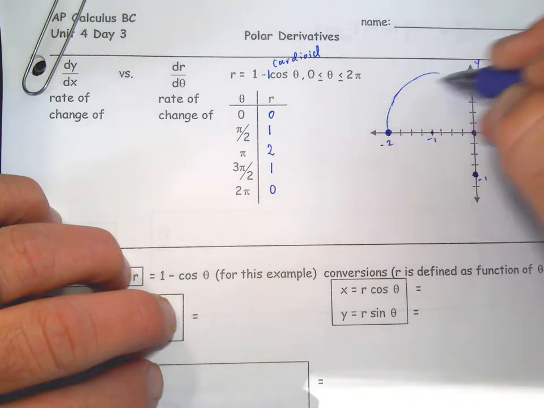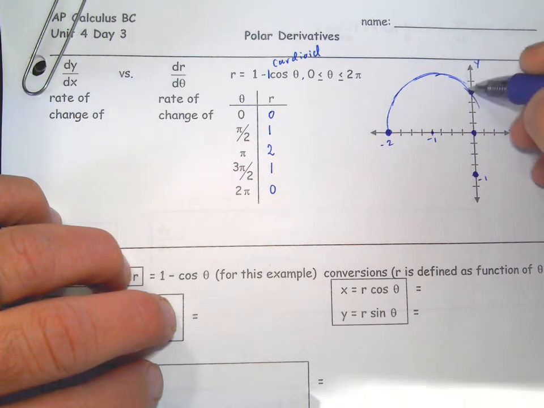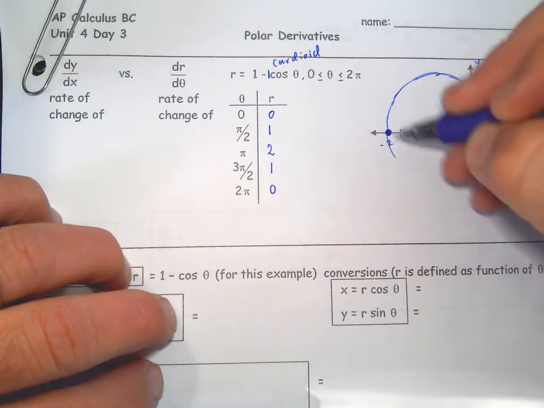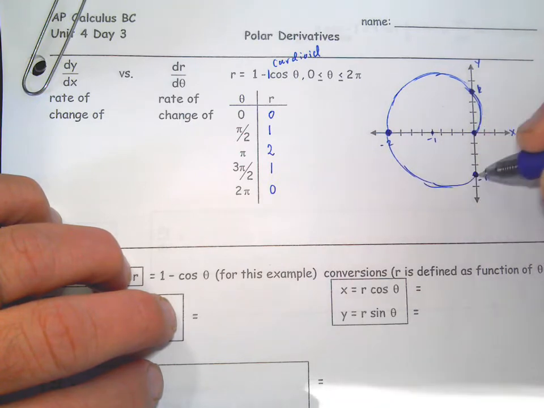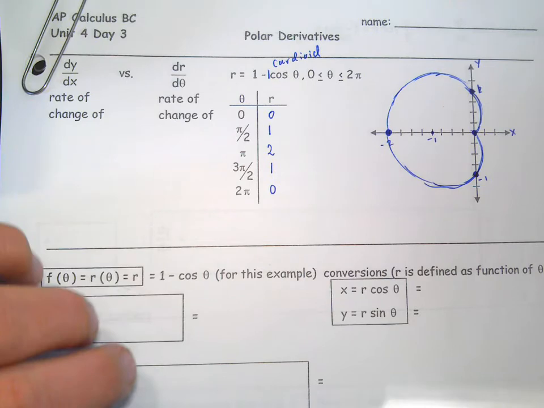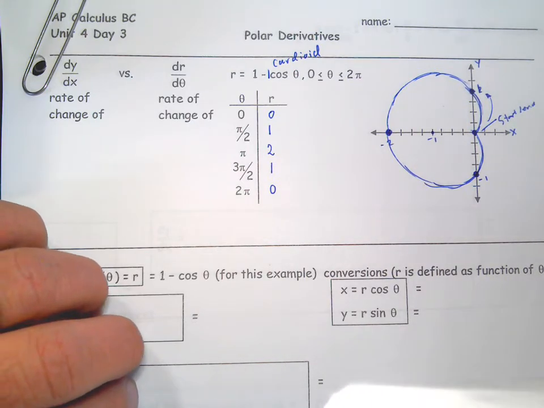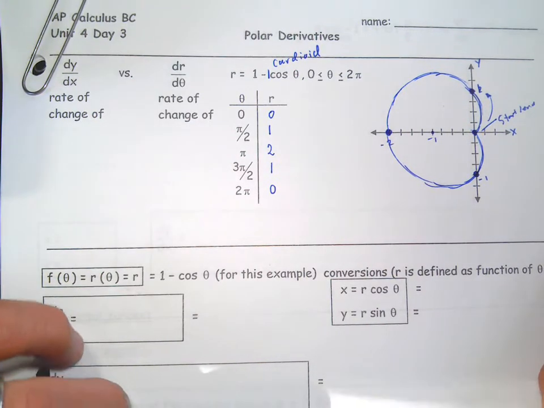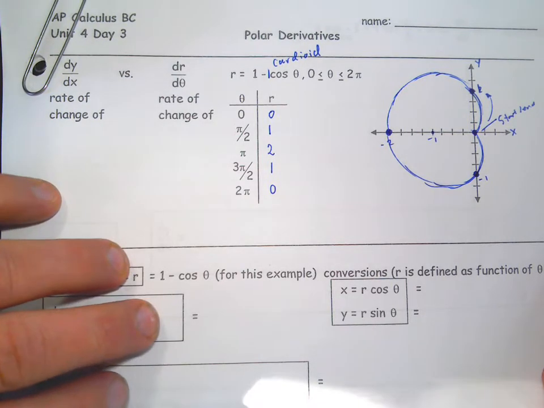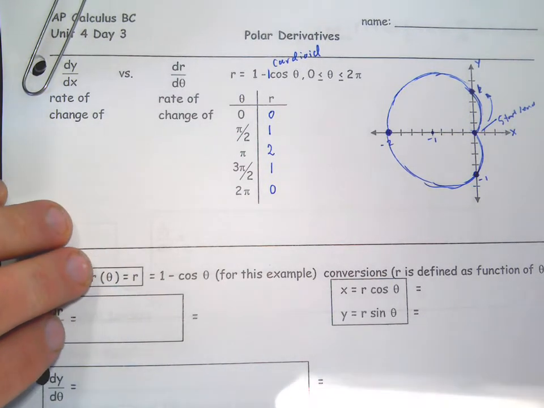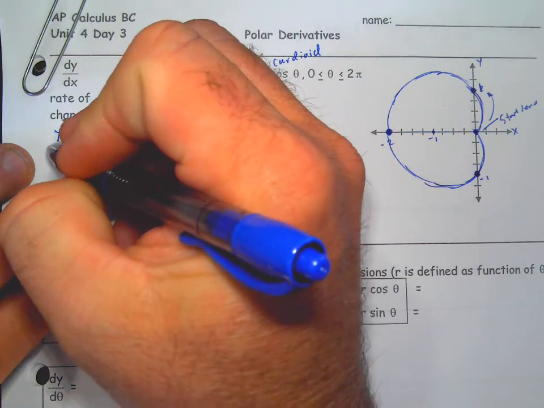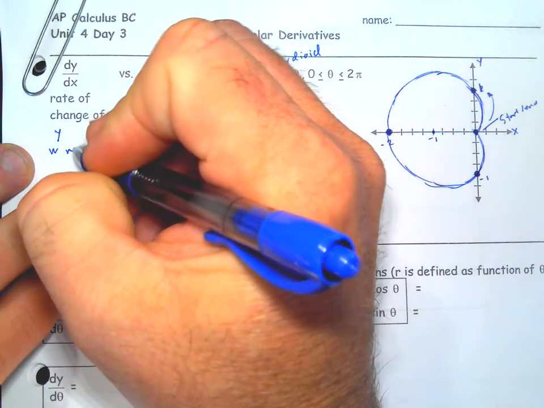And they're very round, and have this cusp right here. So just a quick sketch. This is where it started and ended, and this is the direction it's going. The directions I think can actually be important in this. Now, first of all, if we look at dy dx, it's the rate of change of y with respect to